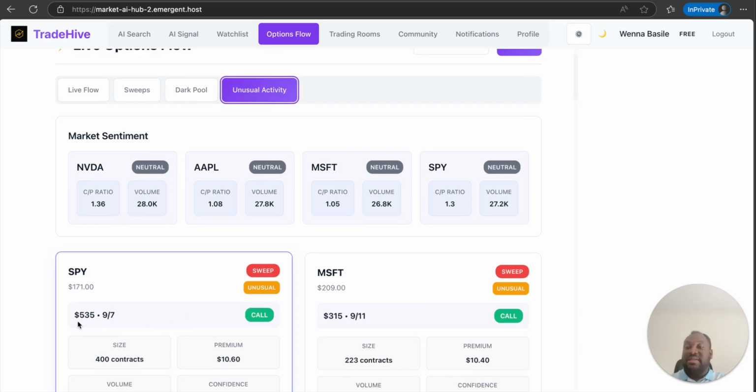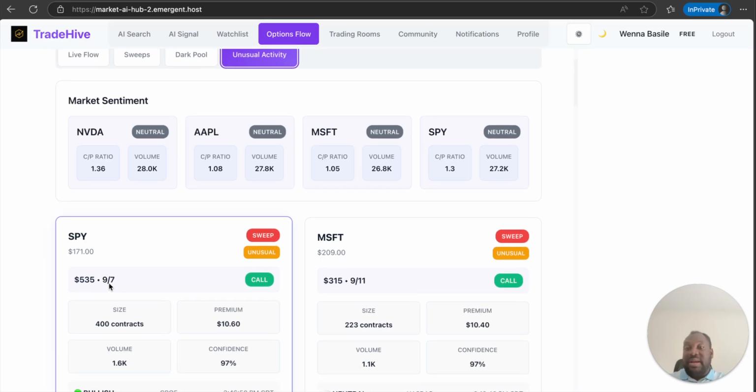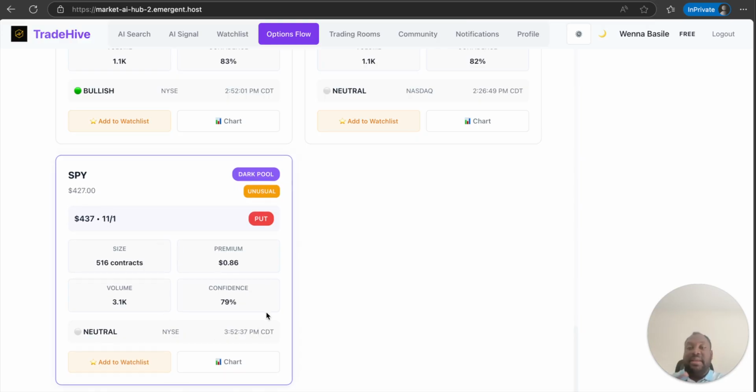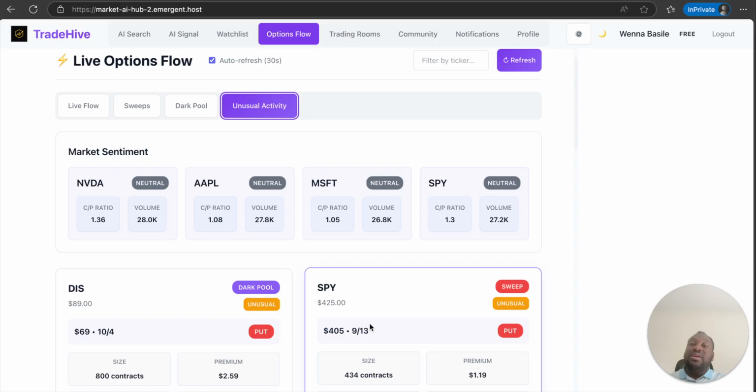A call, right? SPY just turned right now, as it updates every 30 seconds. This is very live data that you are looking at. SPY just updated right now, 9/7, which is today. I think the market opens in a few minutes. And somebody probably put a high volume 400 contract of SPY going up. This is huge for me. If I get many of these through this AI model, I add it up, and then you can see the unusual activities on a particular option that are coming in. So those are the three biggest models built into this app that are very important for any trader.